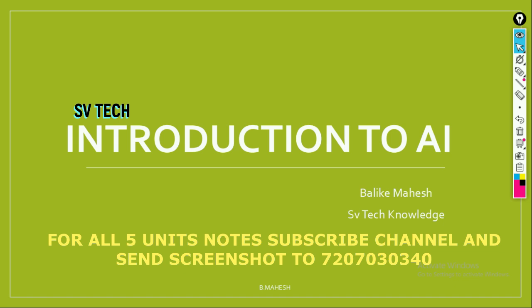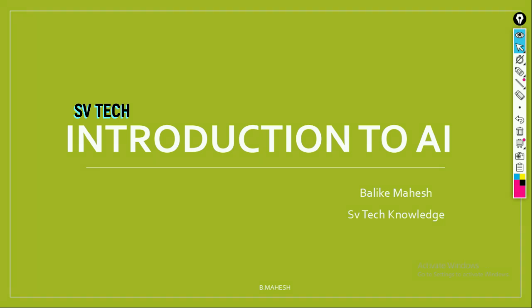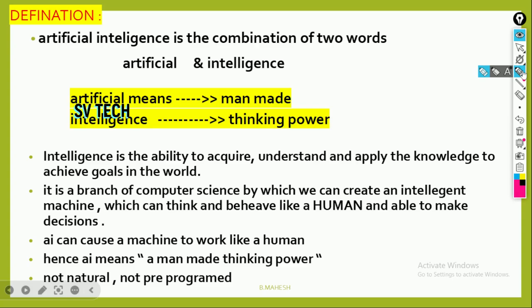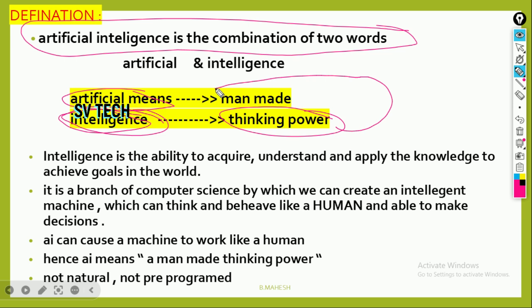In this video, I am going to explain all the basics of the Introduction to AI subject for B.Tech. Definition. Coming to the definition part, the name itself says artificial and intelligence. Artificial means the machines or tools which are made by human beings. And intelligence means the thinking power, meaning we are going to give thinking power to machines